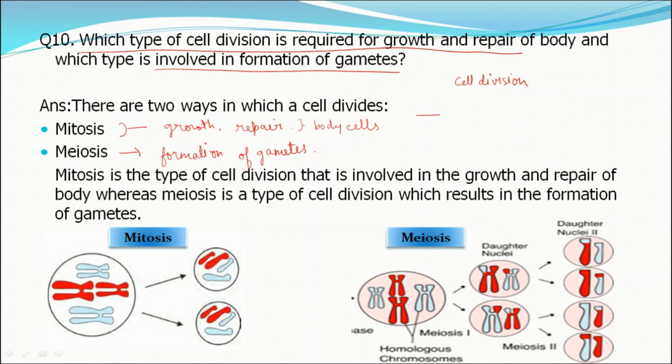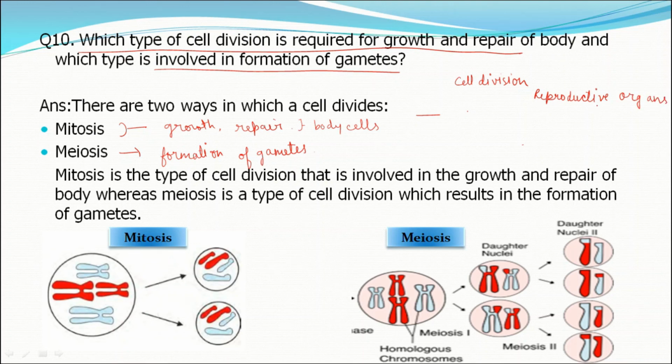And what are reproductive cells, or we can say gametes? As we know, in higher organisms there is division of labor. That means they have different organs to perform functions, like the heart to pump blood, the kidney to excrete waste. Similarly, to produce young ones, they have reproductive organs, and these reproductive organs are capable of producing a special type of cells which are known as gametes.